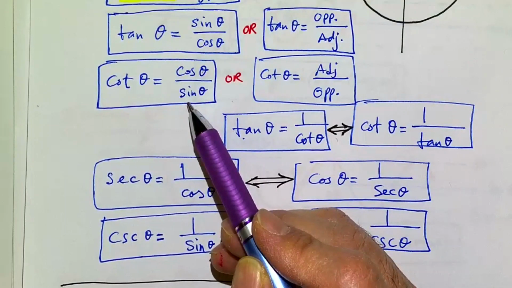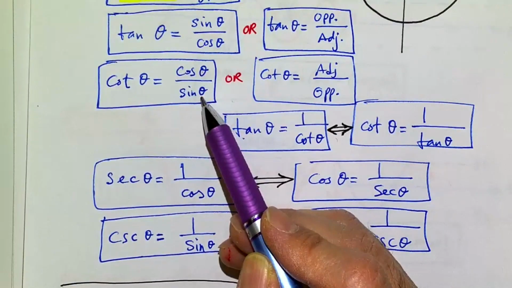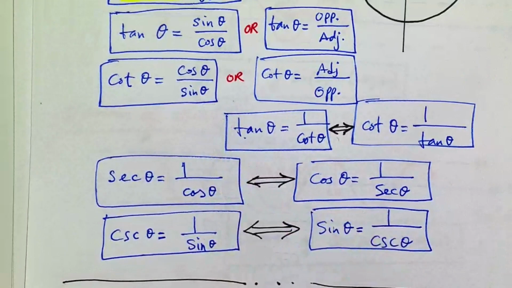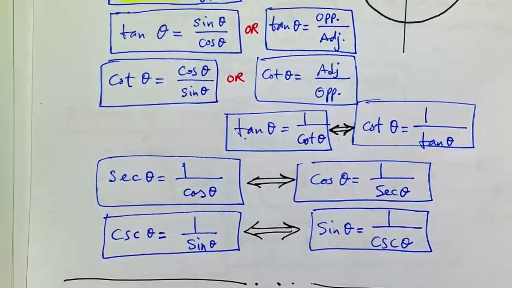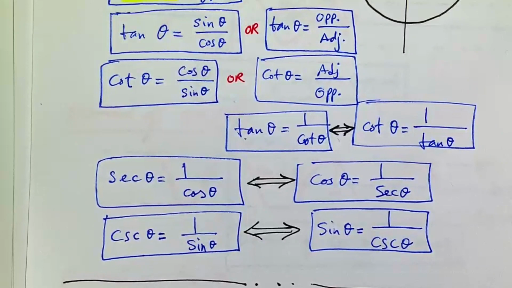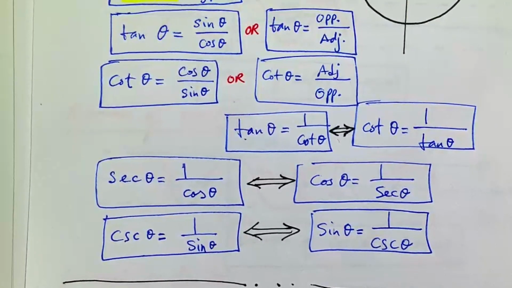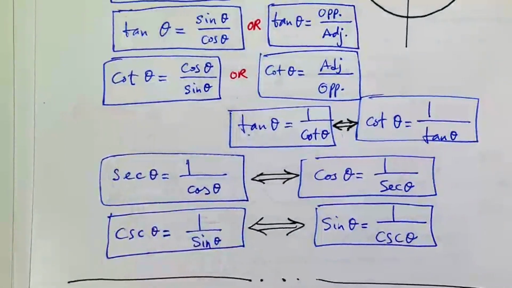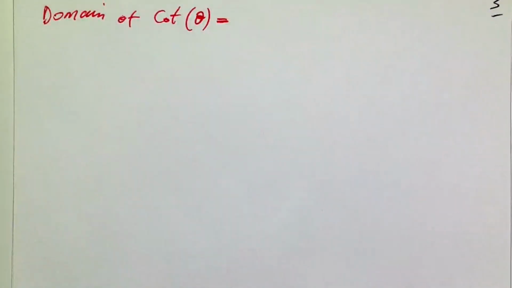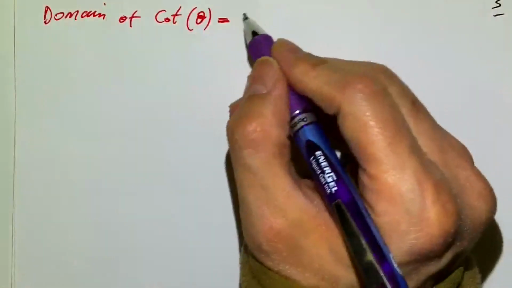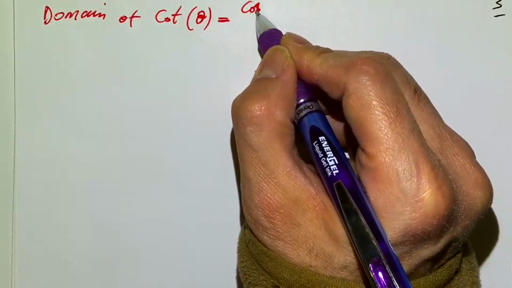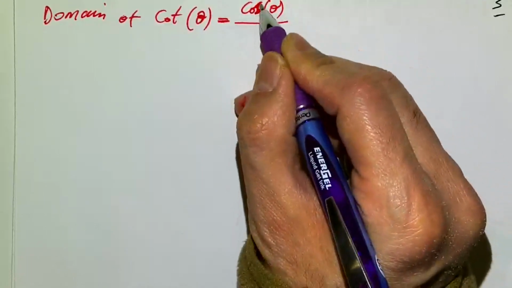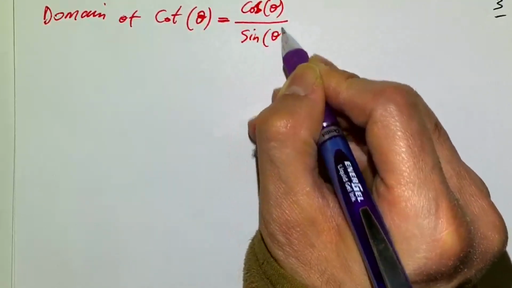Where would those asymptotes be then? Sine of 0 angle is 0, sine of pi is 0, sine of 2 pi is 0. So at theta equal 0, pi, 2 pi, 3 pi, 4 pi, and on and on, and at 0, minus pi, minus 2 pi, minus 3 pi, you're going to have vertical asymptotes for the cotangent function. That's why it's so important to remember those formulas. So cosine of theta divided by sine of theta.